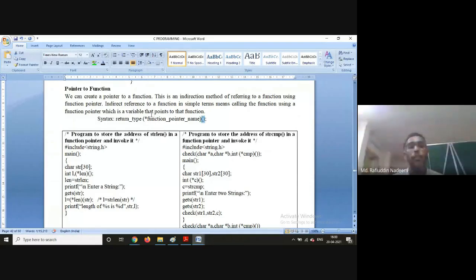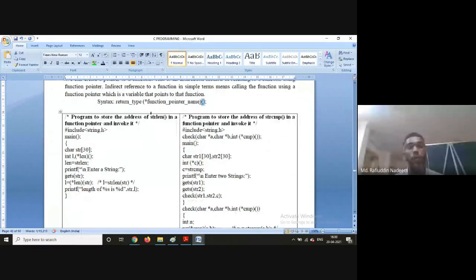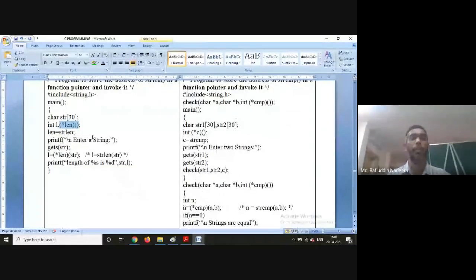See this example. We have a header file called string.h, which we have already discussed, containing a lot of functions. In this, we are taking the address of strlen. The highlighted thing here is a function pointer. Now len equals strlen. When I say len equals strlen, the address of strlen is stored in len.